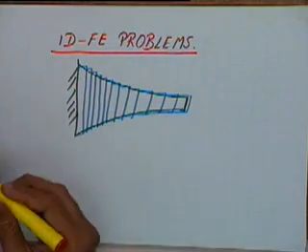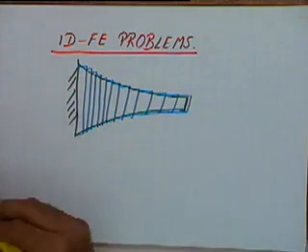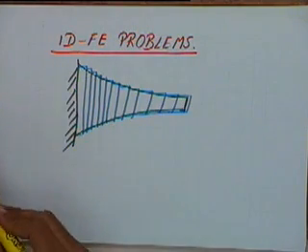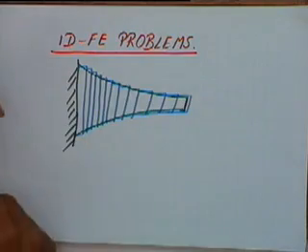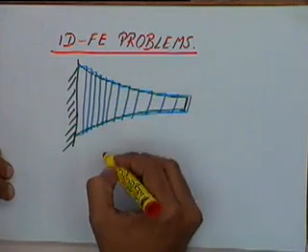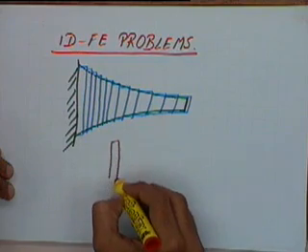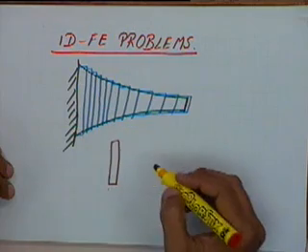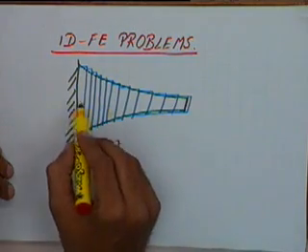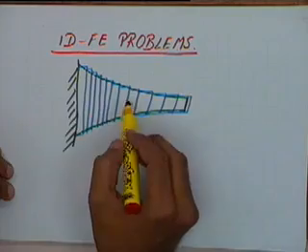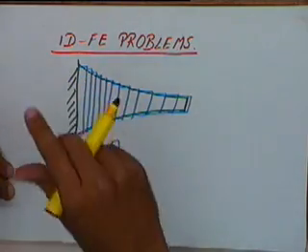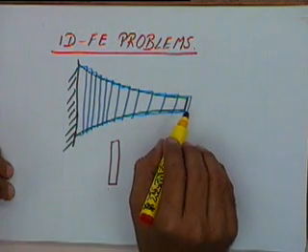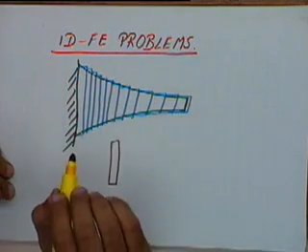And we will assume that within this element the area of cross section remains the same. That means if I consider this element, it will look like this. There is no variation in the area of cross section. So along the length of this element, its thickness and height would remain unchanged. That way, it will vary only in one dimension. That is why we call them one dimensional elements.